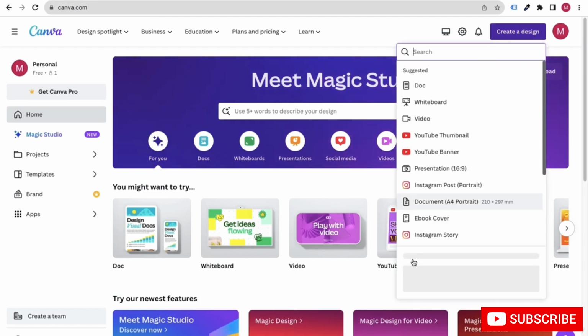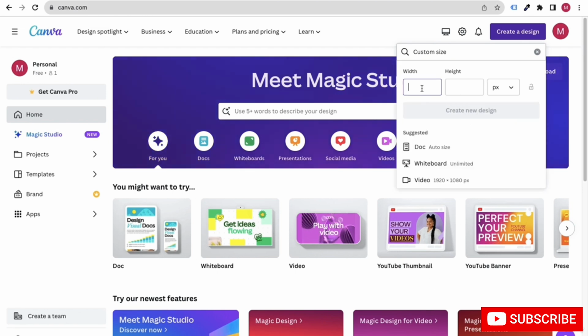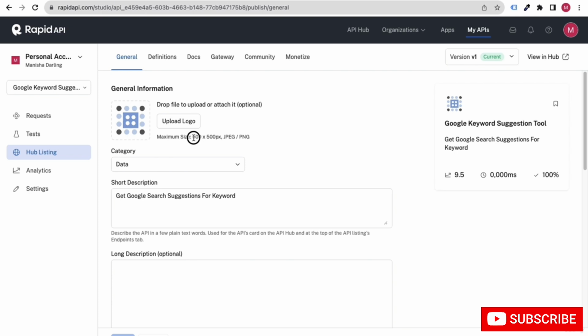Click on create a design. You can choose custom size, and here you can say 250 by 250, because we want a square; maximum is 500 by 500. So let's click on create new design.